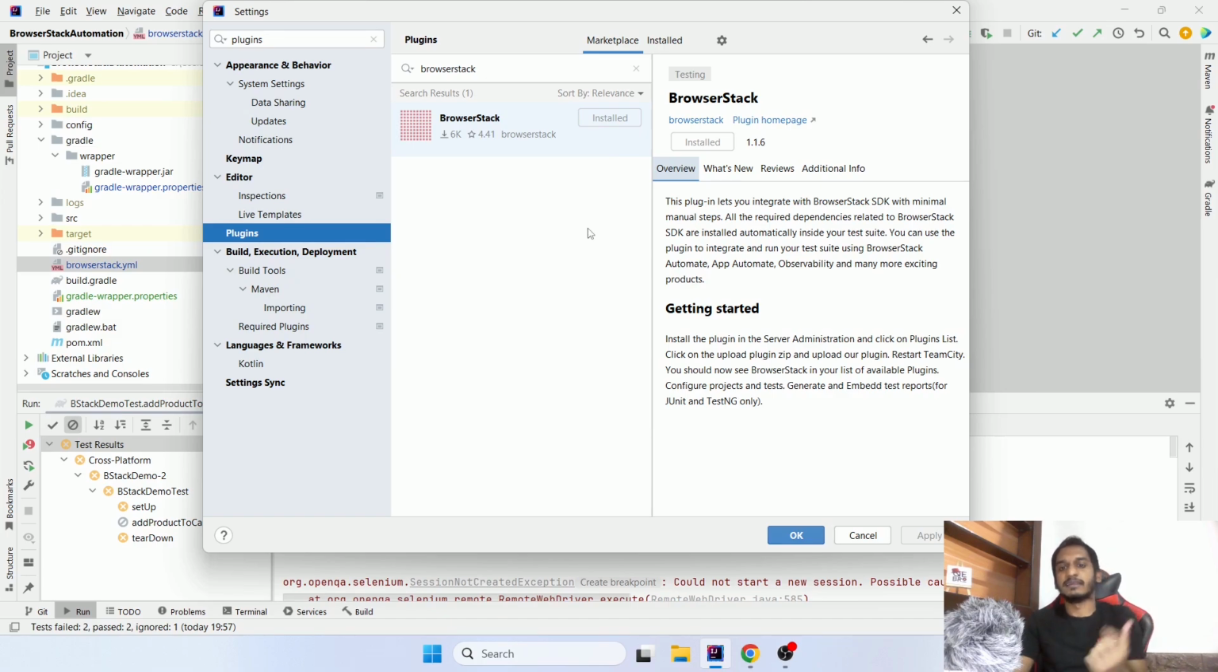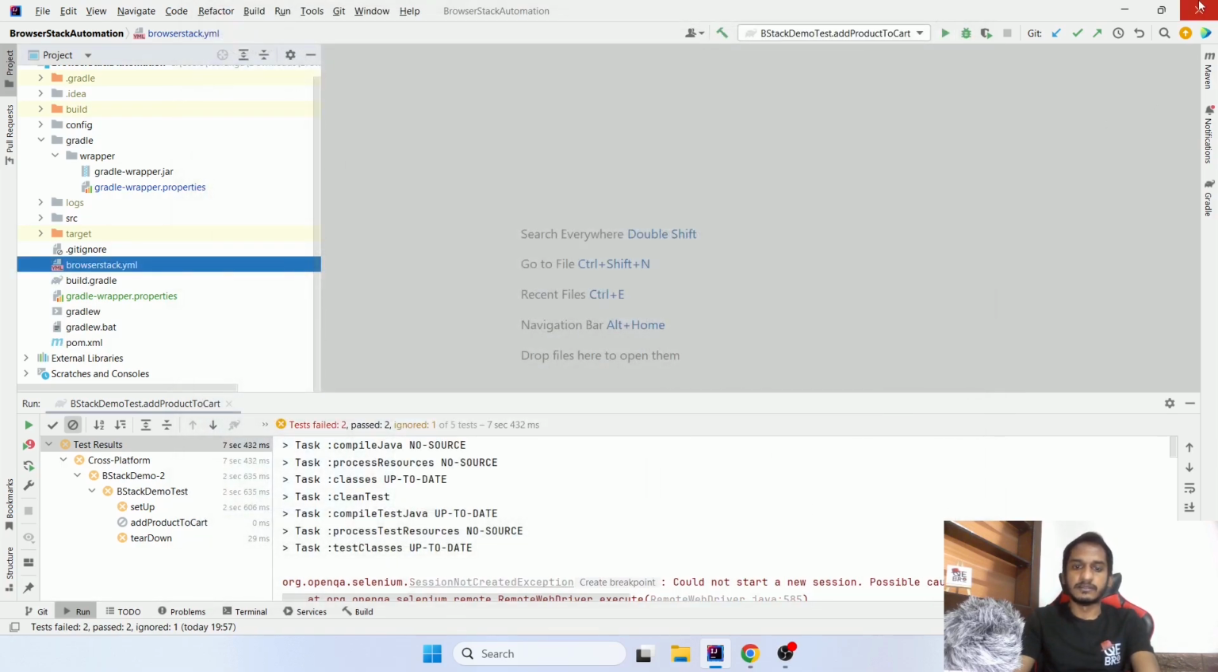So I mentioned that there are only 2 things you need to do to integrate your existing test suite with BrowserStack. One is adding the BrowserStack Maven dependency to your Maven or Gradle, and the second is adding the BrowserStack.yaml file. Even those 2, there's no need for you to do manually. Using this BrowserStack plugin, it will do that for you. So after installing these plugins,